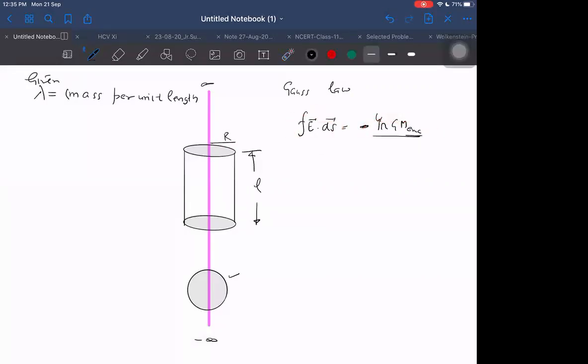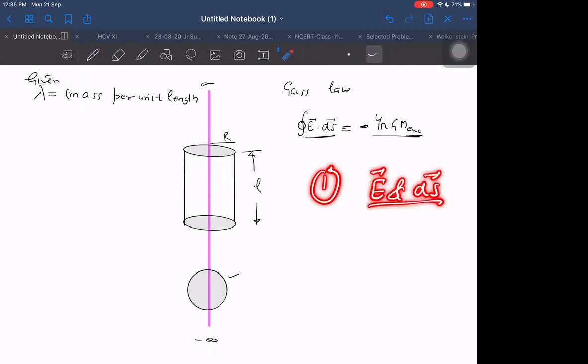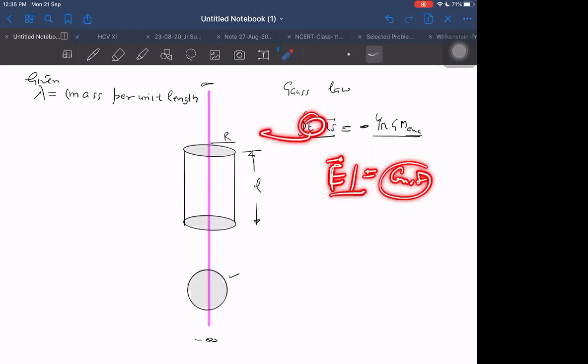Left hand side I should choose in such a way which simplifies my integration. Which can simplify my integration? These ideas I should keep in mind. Number one, if the angle between E and ds remains fixed, that does not change from place to place, or the angle between E and ds is just 90 degrees. If it is 90, then E dot ds will become 0. So this idea should be kept in mind. And one more idea, that E should be constant in magnitude. Why should it be constant in magnitude? So that I can take it out of the integration.